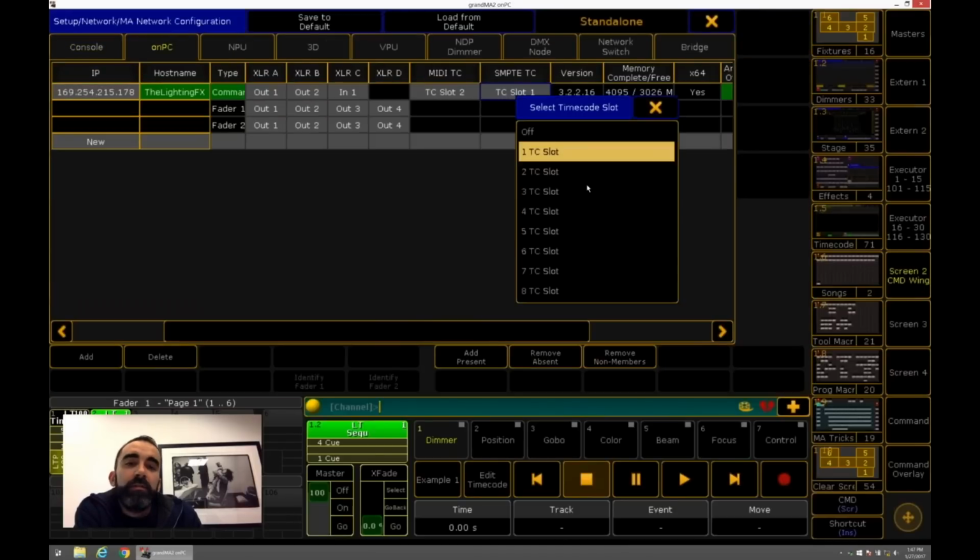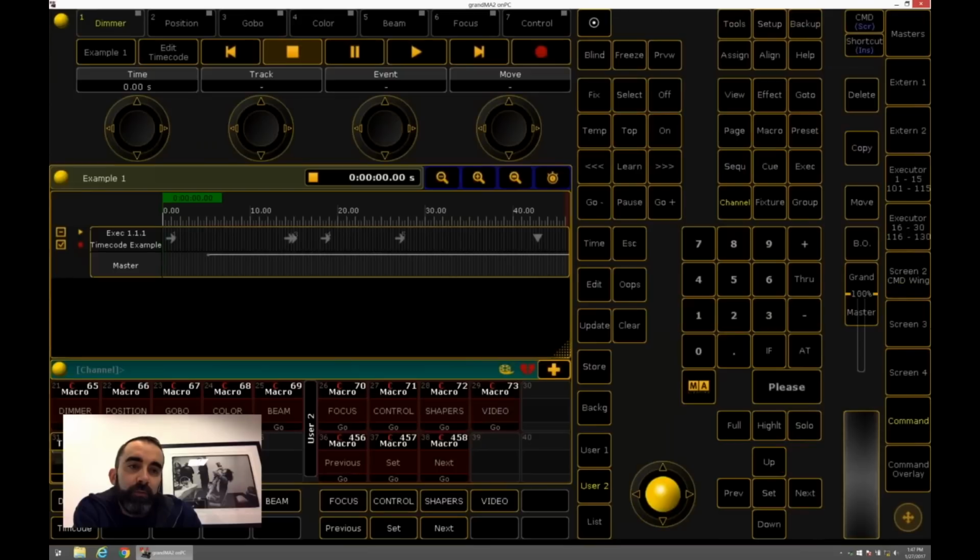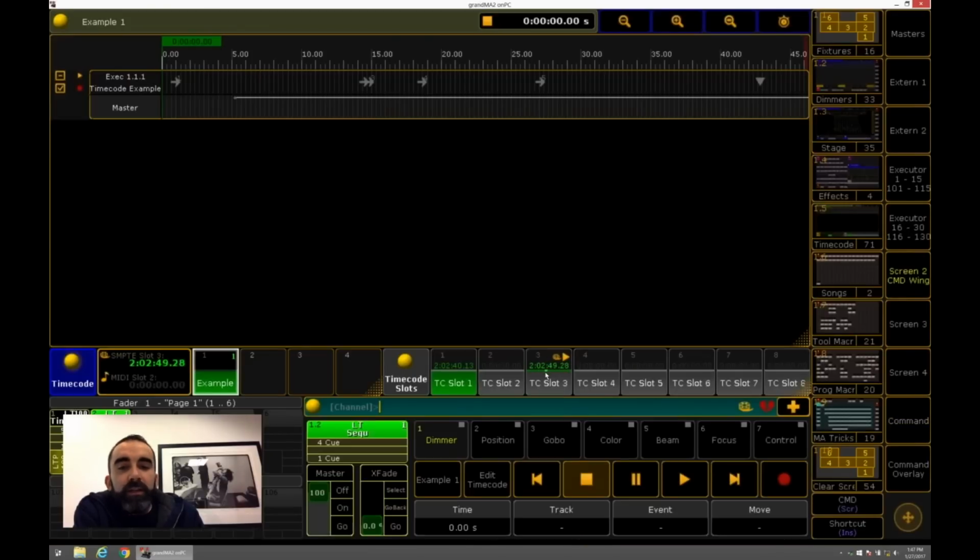I'm going to change this to timecode slot 3. Now any signal coming in on the physical port is mapping itself to timecode slot 3 in the software. So now this counter stopped. This counter is the one that's running, because that's what the signal is coming into.